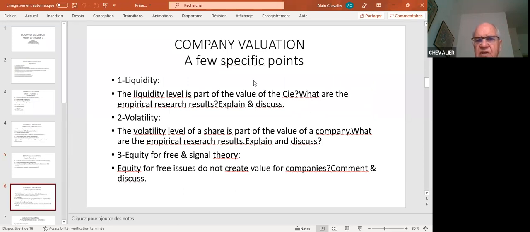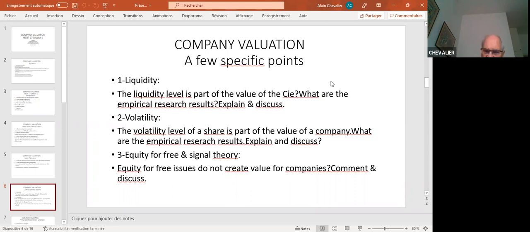A few specific parts. I will go with you through a few specific parts. These points are very important to understand and to take into account in the models. The first one is liquidity. Liquidity level